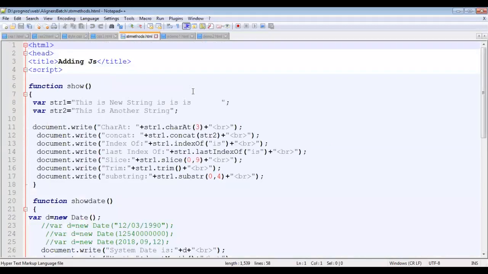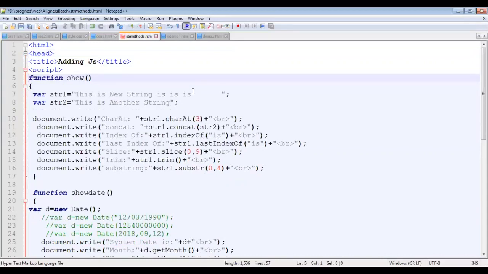Within the head tag, inside the script, I have created the first function as show, which is used for strings. I have created two strings as variables: string1 equals "this is new string", and one more string as "this is another string". Now, what are the string functions in JavaScript?